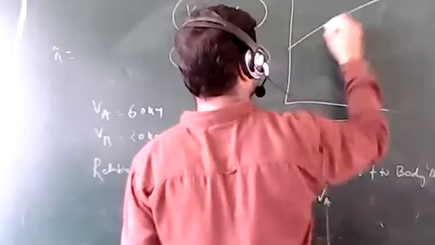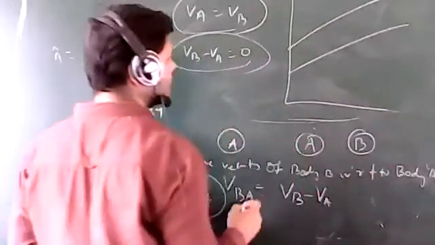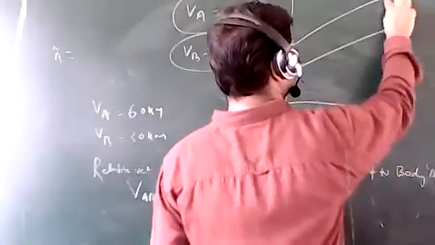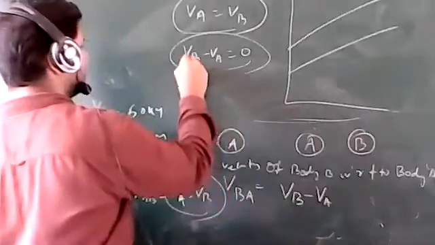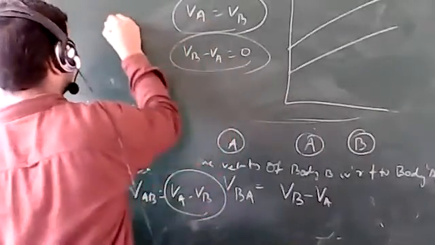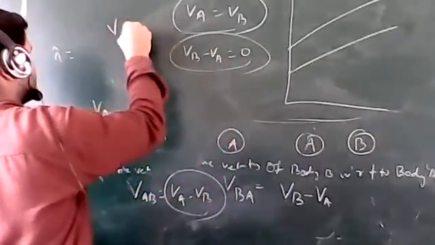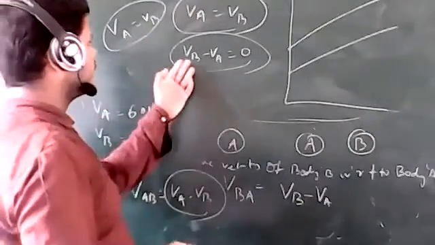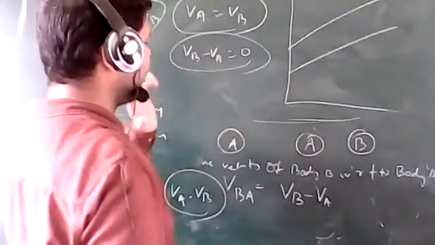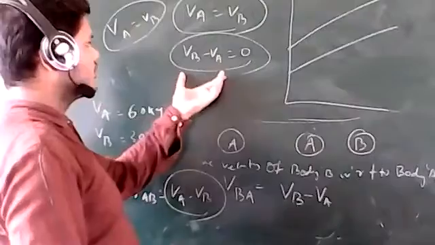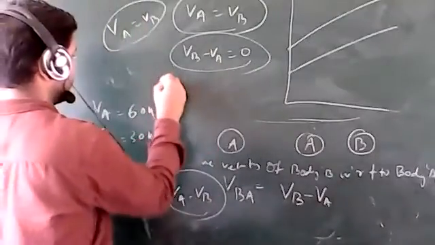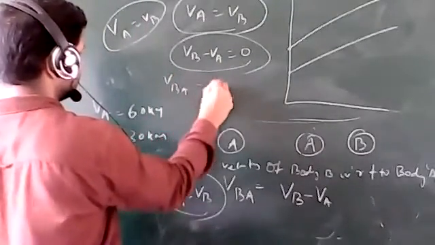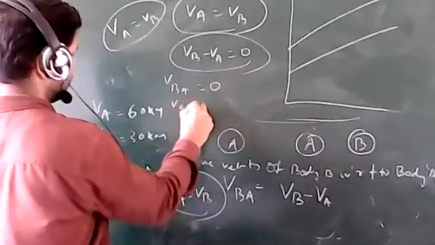You can write both the bodies moving with constant velocity. Okay, so that is the condition. If VB minus VA is zero, that means the two bodies have the same velocity, that is VA equals VB. In that particular case, you can find VB minus VA equals 0. That means the relative velocity will be 0. You can find VBA equal to 0 and also VAB equal to 0.